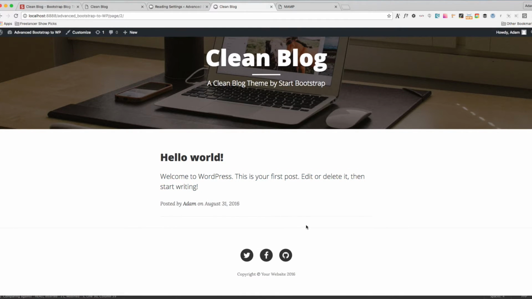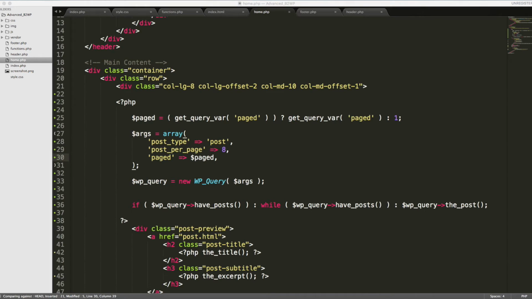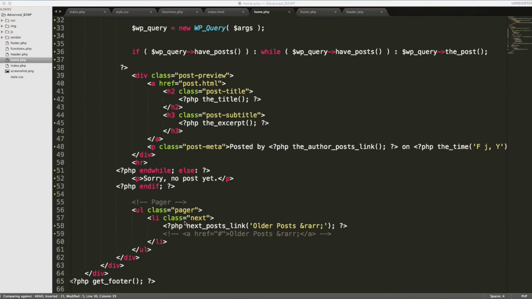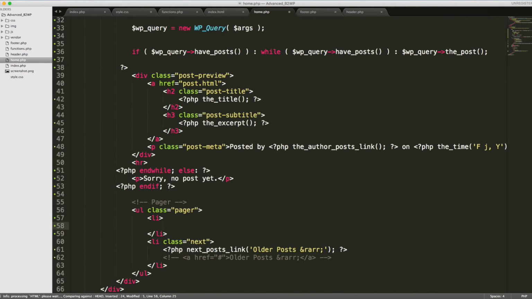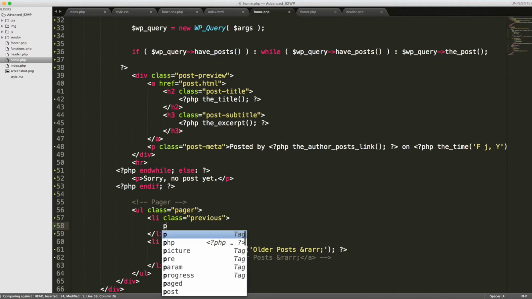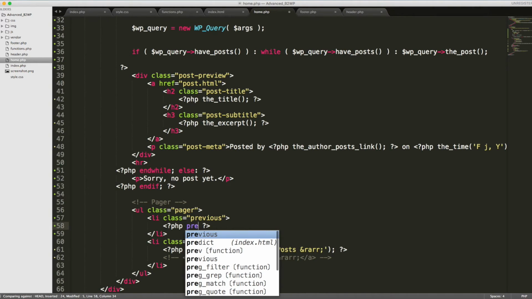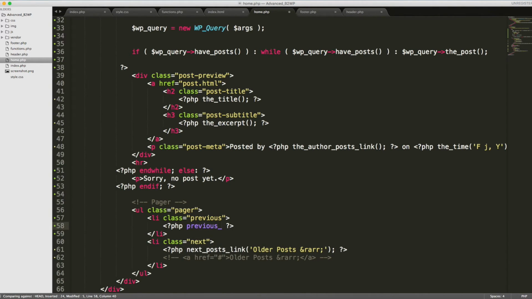So there's one thing missing, and it's our back button. So let's go ahead and take a look at the code and see how we can add one. Now the original design does not account for one, but let's see if we can add another list item, and we'll give it a class previous, and then do the same thing with a PHP tag, and then we will say previous_posts_link,